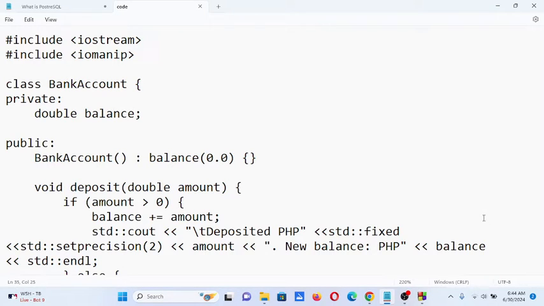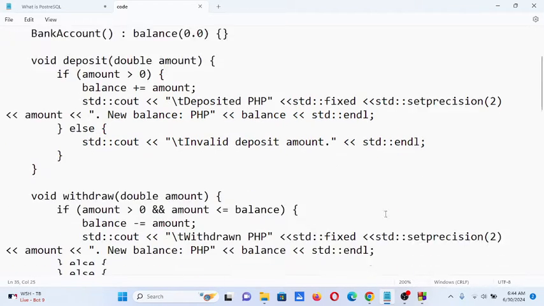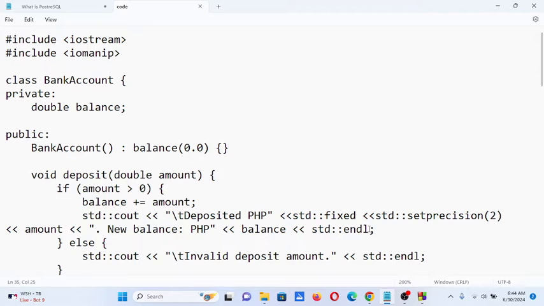So in this video, guys, we will discuss a program that I wrote several, I would not say several years ago, but quite some time ago, about bank operations using object-oriented programming principles in C++. But don't worry, because I will put a link in the video description where you can download the complete source code of our tutorial video for today. We will just have a walkthrough of portions of the code.